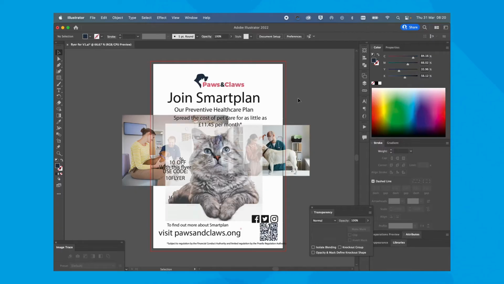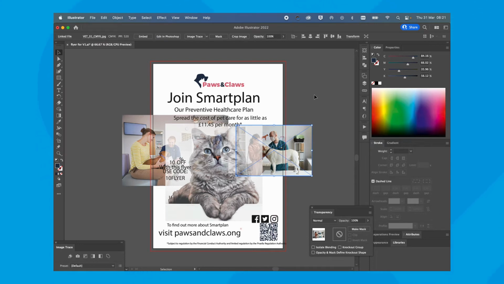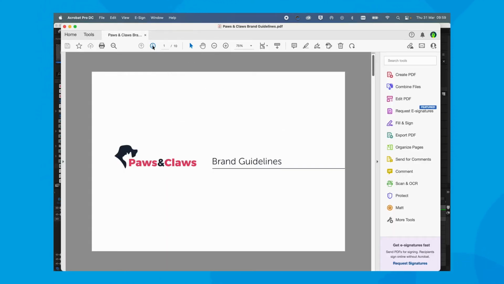So now you're in a good place. You've got the message you want to deliver, you've got the elements you need, you've got a very good idea that that's going to work on the size flyer you've got. So now it's time to start finessing the design. Now, whichever brand the flyer is for, they will have a look or a brand guidelines to follow.